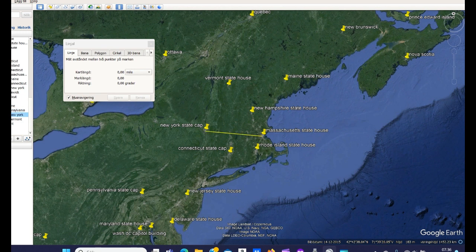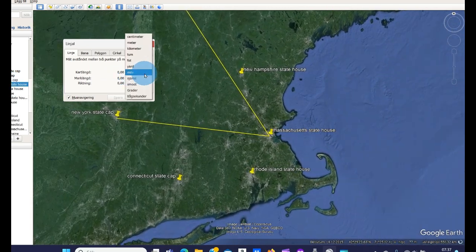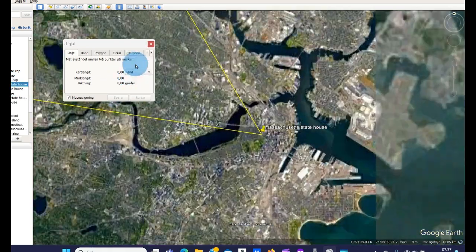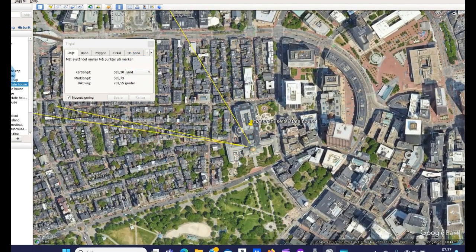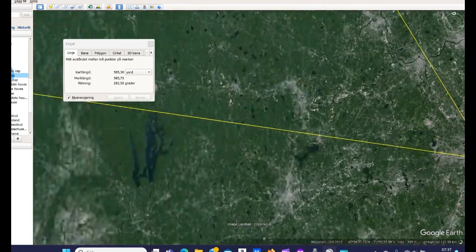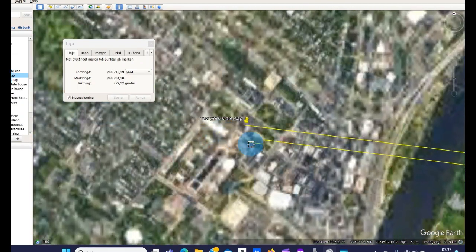And here we have two distances between Massachusetts and New York state capitals, and Massachusetts to Vermont. And here the ratio is 1 yard here, Massachusetts to New York, and 1 meter here, Massachusetts to Vermont. And I have one more example after this, but let's measure this first. Massachusetts to New York in yards first. So Massachusetts State House here to New York. And here in yards, we find the distance to New York State Capital here of